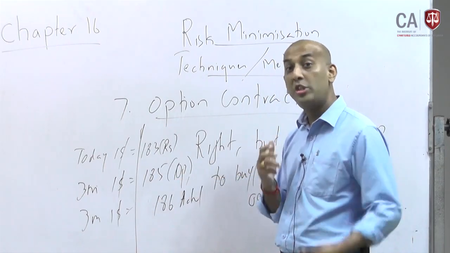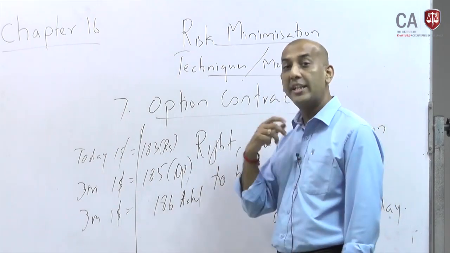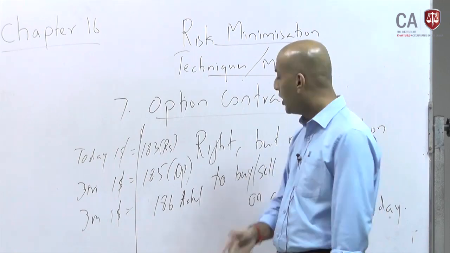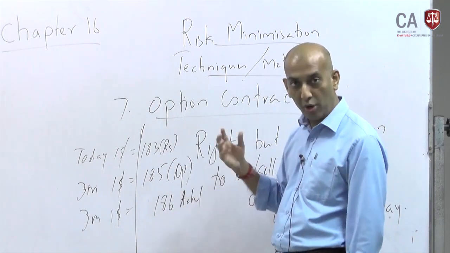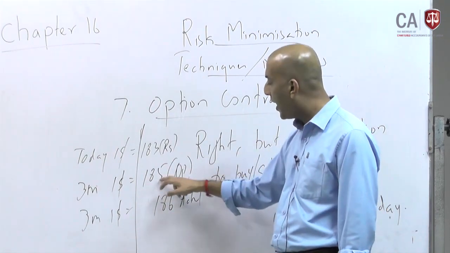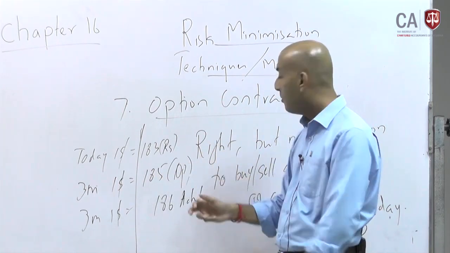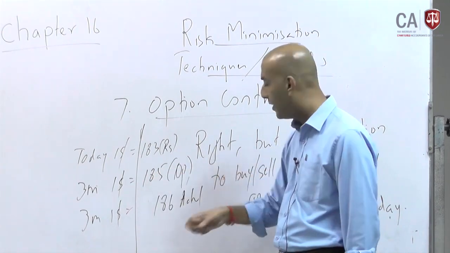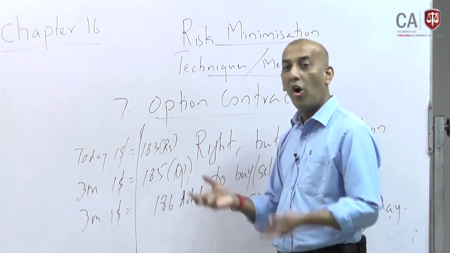That is where you see that exercising the option contract is beneficial to you. Since you want to buy the dollars, you don't want to buy at 186, which is the actual market rate. You buy at 185 through your option contract, which is cheaper than 186. On the other hand,